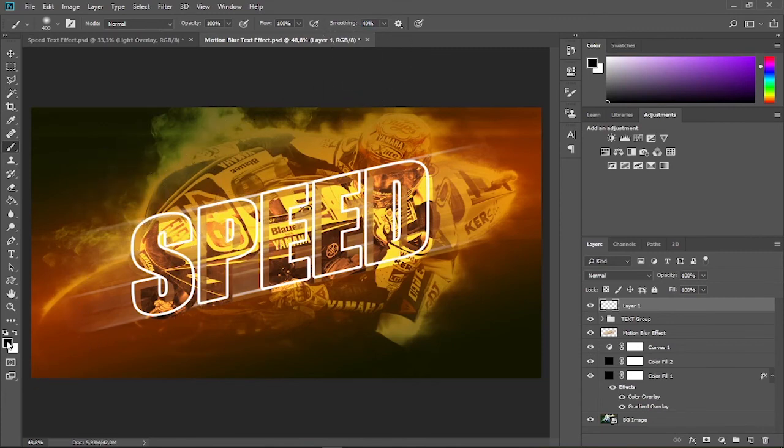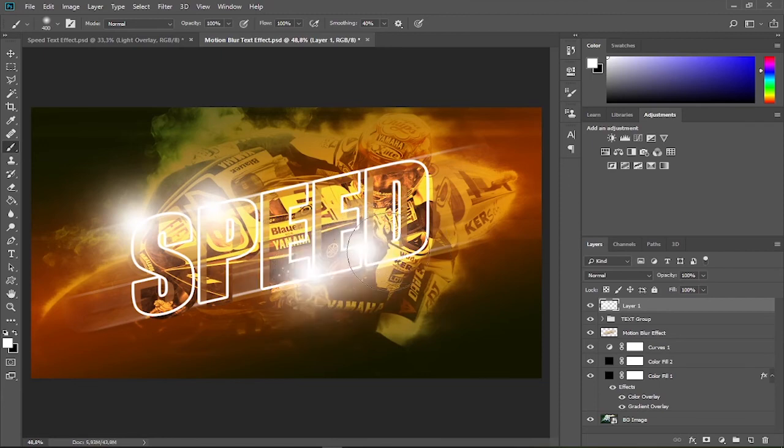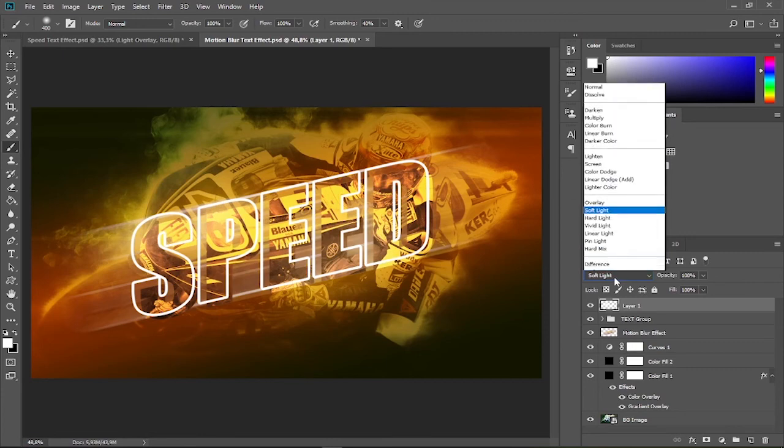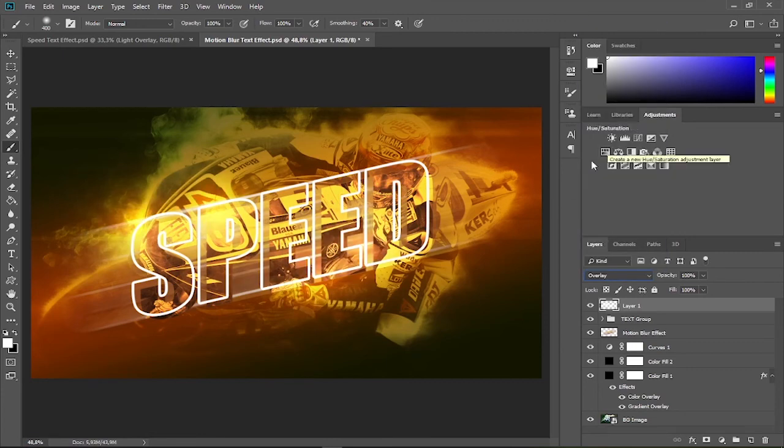Change the foreground color to white by clicking this icon and brush somewhere around the text corners. Then change the blend mode either to soft light or overlay. Add some more highlights if you want. And reduce the opacity to around 50%. Change the layer name as highlights.